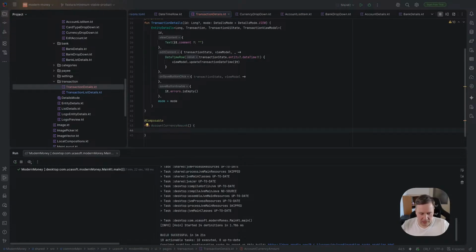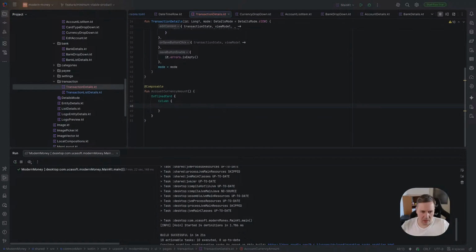Inside it we have outline card. Inside it we of course have column, not table, we have column, and inside this column we should have, first of all,